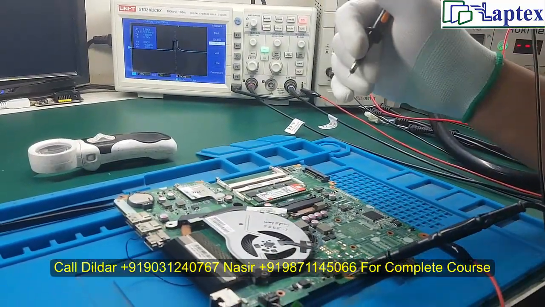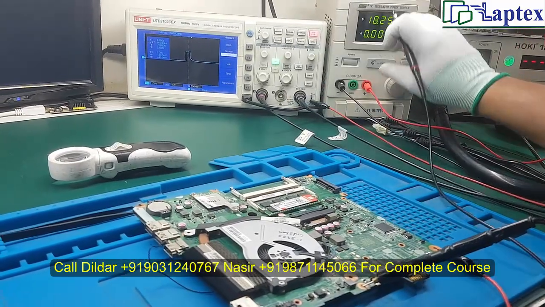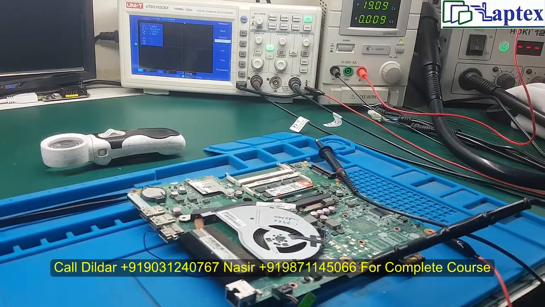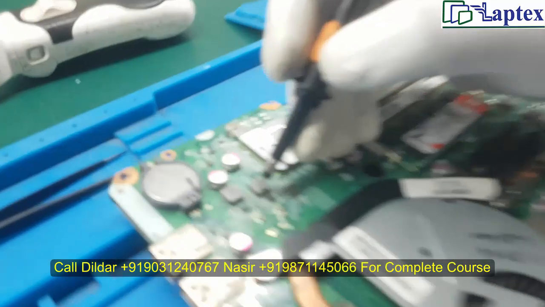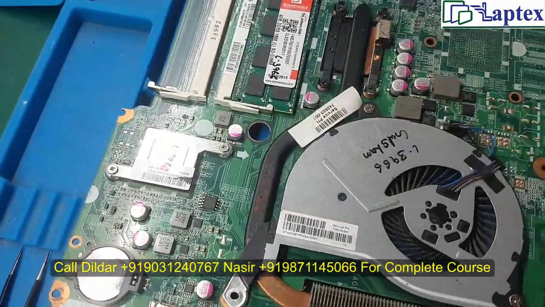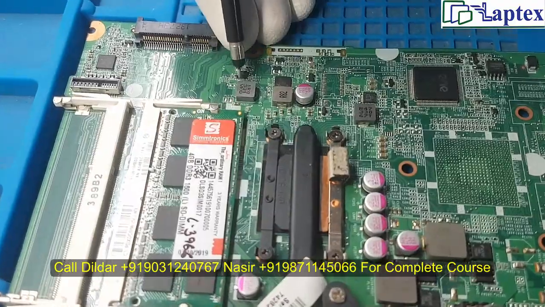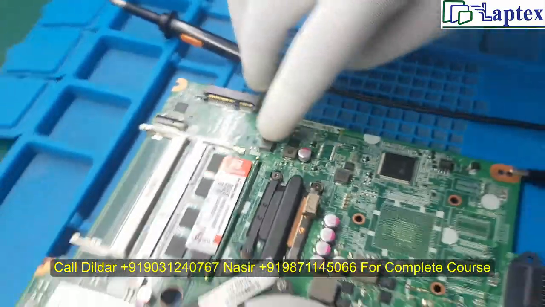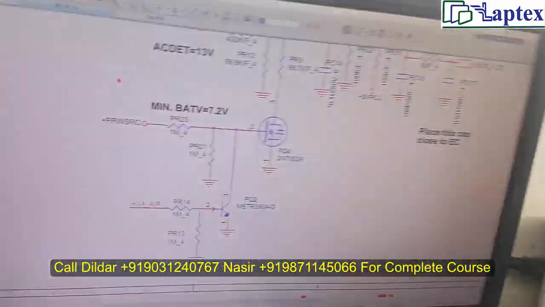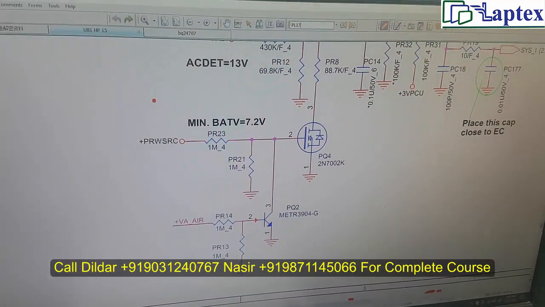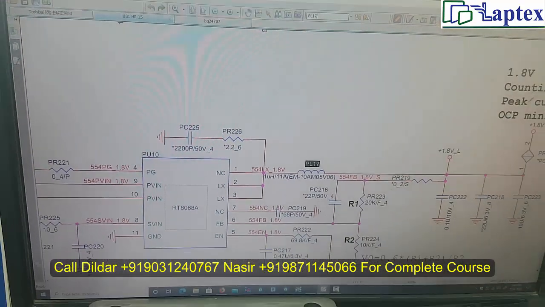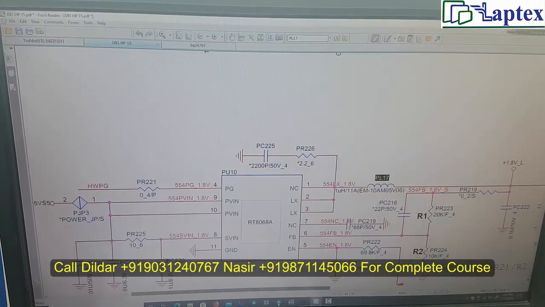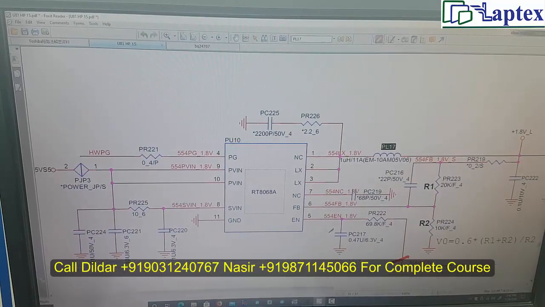We have revealed the secret of checking with the DSO. Now let me set it once again, and let's move forward. I have to check, because this seems to be a 3.3 and 5 volt regulator, and this was the RAM regulator. I think this is PL17. Okay, it is written over here. So let me reach PL17, and now you can see the 1.8 volt is here, and it is required for the PCH in order to generate the other signals.